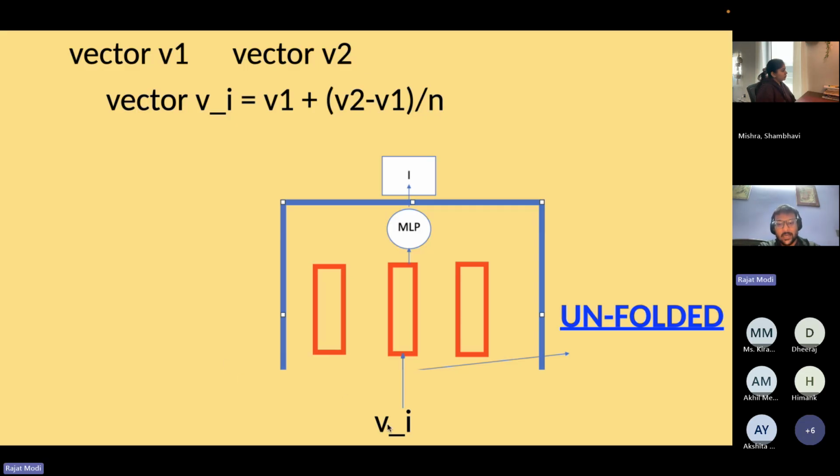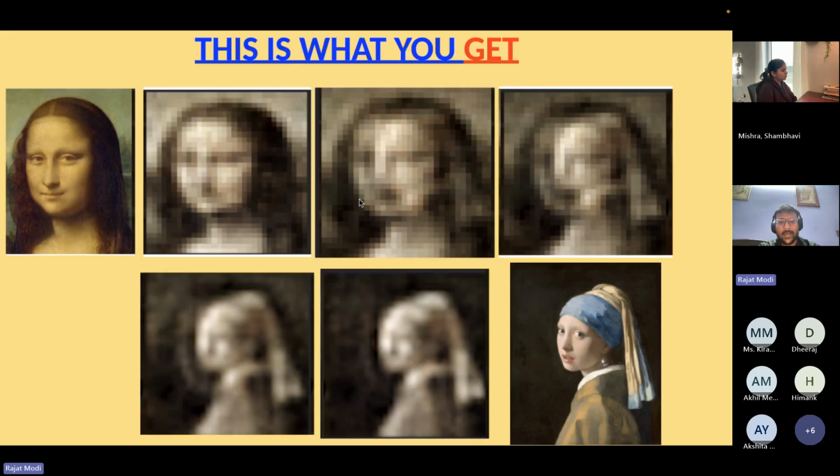So you will feed this higher dimensional latent into this network. And now your job is to predict RGB using that intermediate latent. So what will happen is that if you take any two images, the MLP is now able to interpolate between any two images of the world. So this is a generative property, and till now we were able to see it in GAN and diffusion models. But after you train an MLP by this folded unfolded concept, you take any two images and you are able to interpolate between them.